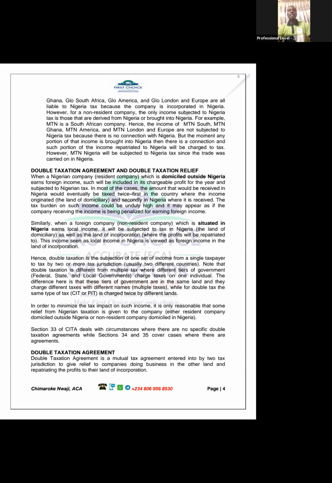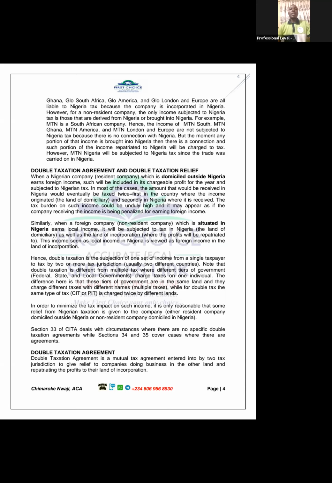Now that's the benefit of double taxation agreements. And so you see Nigeria and China, Nigeria and UK, Nigeria and several countries are going into agreement to get double taxation agreements so that Nigerian business people earning foreign currency will thrive. They will succeed in their business. They will improve the Nigerian economy. They will go into more foreign businesses.